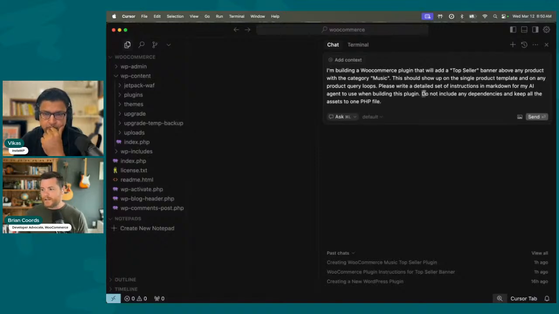Another thing I'm going to add is do not include any dependencies and keep everything to one PHP file because I wanted to keep the demo simple. But a lot of times it'll want to get really complicated and do separate files and a composer build process. And I think a lot of times telling it, hey, you can be simple, it's okay. That's what I'll do. And then my last part of my prompt,